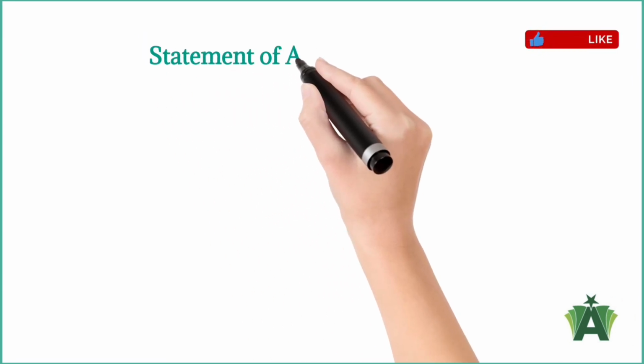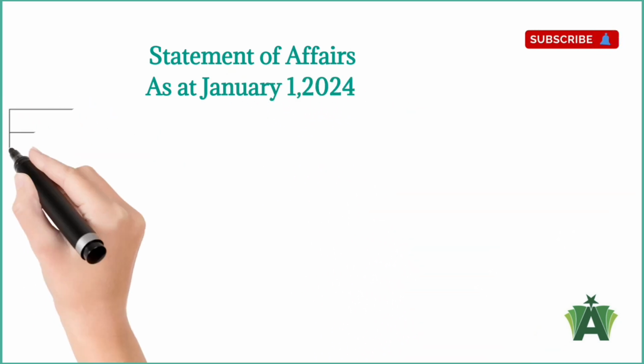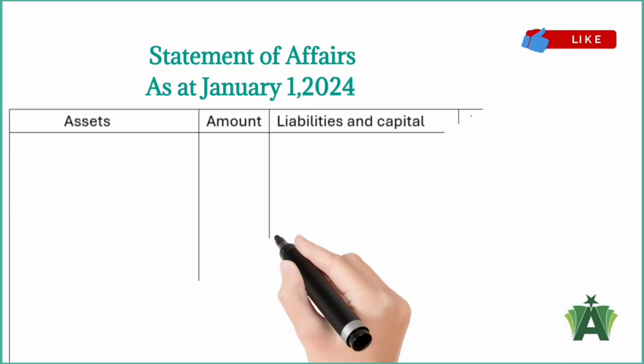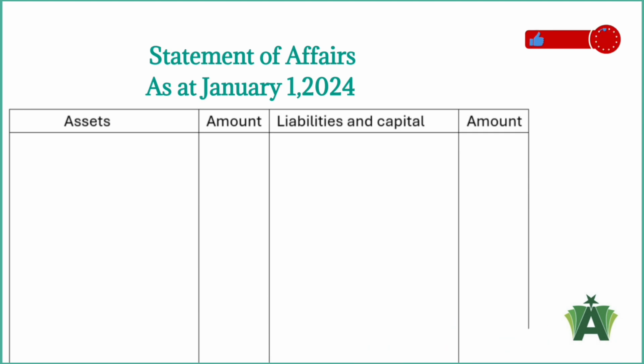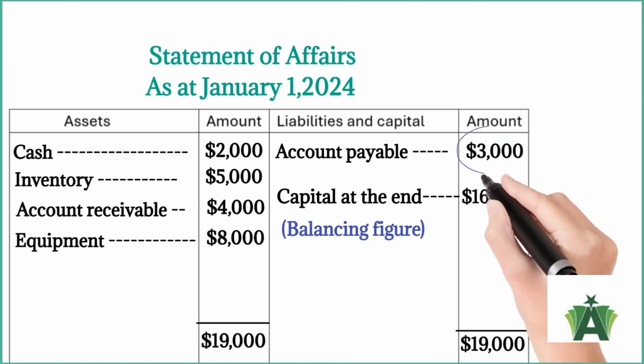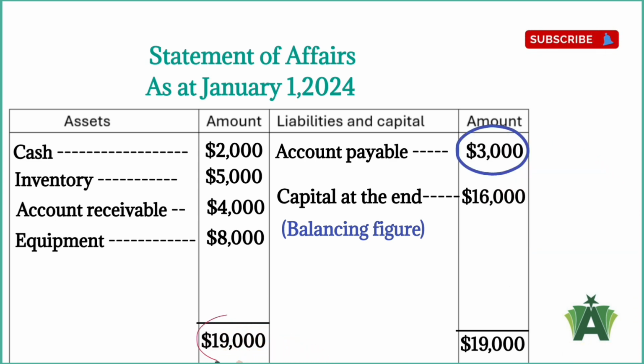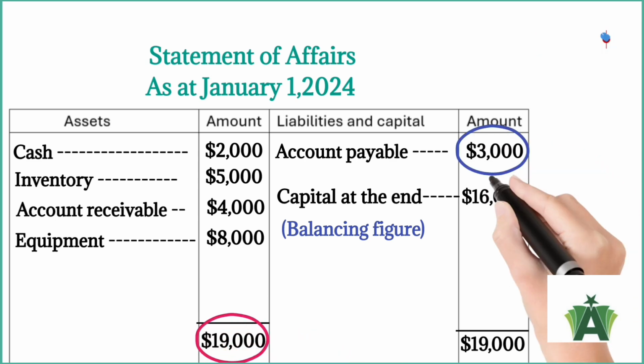First, we prepare a statement of affairs as of January 1, 2024. This statement, similar to a balance sheet, lists the assets and liabilities at the beginning of the period. Capital is then calculated by subtracting total liabilities of $3,000 from total assets of $19,000, resulting in an opening capital